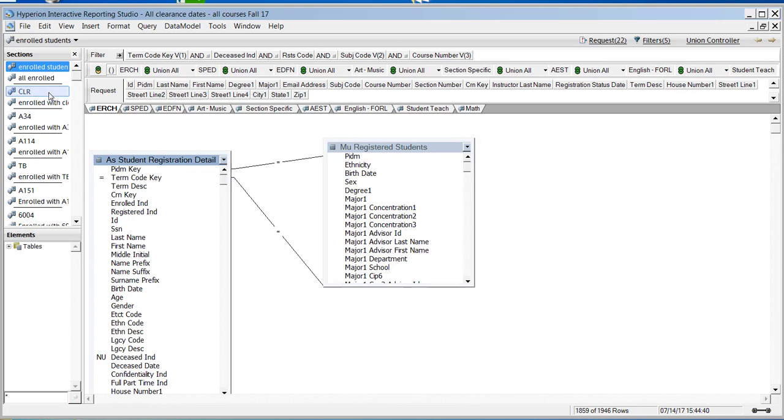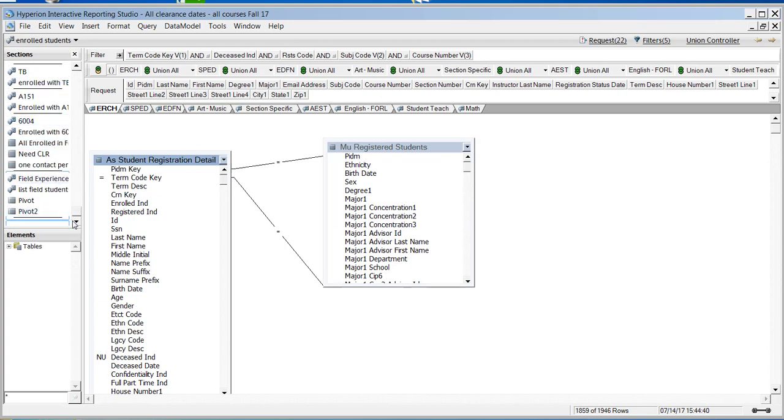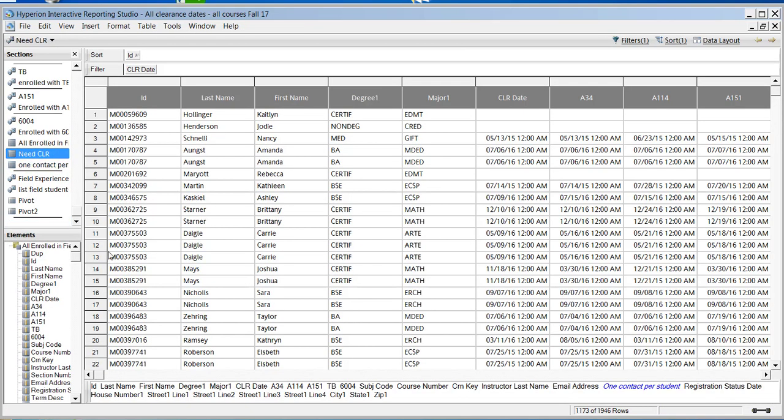Okay, so that did it. It brings everything in here. Again, this is the key. This is the key tab here. But this one is also important because this lists every student that needs a clearance for every course. The last one just eliminates duplicate students because